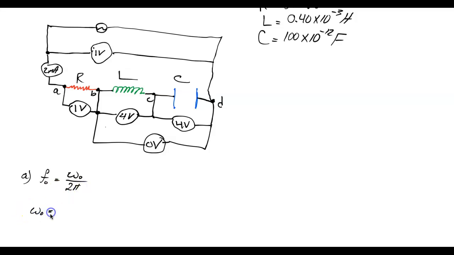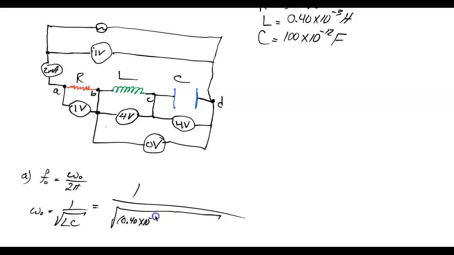Omega naught in this case will equal 1 over square root of LC, which is 1 over the square root of 0.40 times 10 to the minus 3 henries multiplied by 100 times 10 to the minus 12 farads, which gives us about 5.0 times 10 to the 6th radians per second,